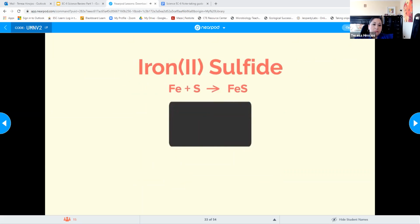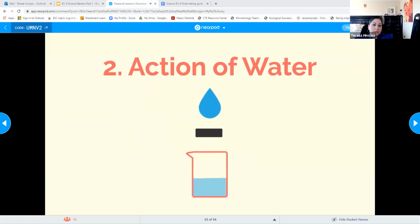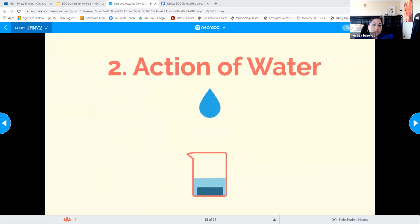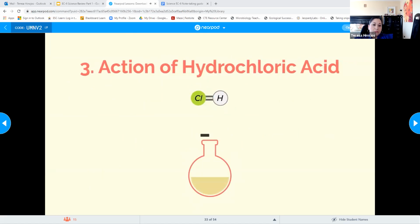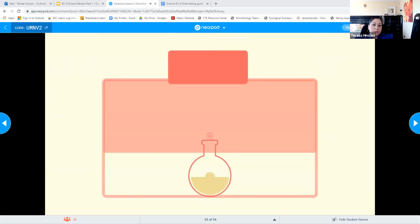Now let us look at how the compound iron 2 sulfide behaves in the 4 tests. It's a black solid, different appearance to either the iron or the sulfur. It all sinks, there is no separation. The reaction between the iron 2 sulfide and hydrochloric acid should be done in a fume cupboard, as when the hydrochloric acid is added to the iron 2 sulfide, bubbles are seen, but the gas formed is hydrogen sulfide gas,